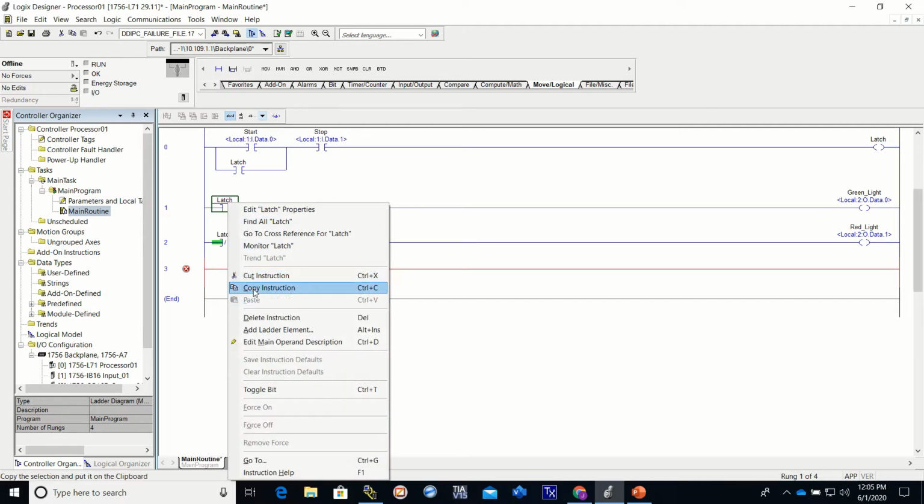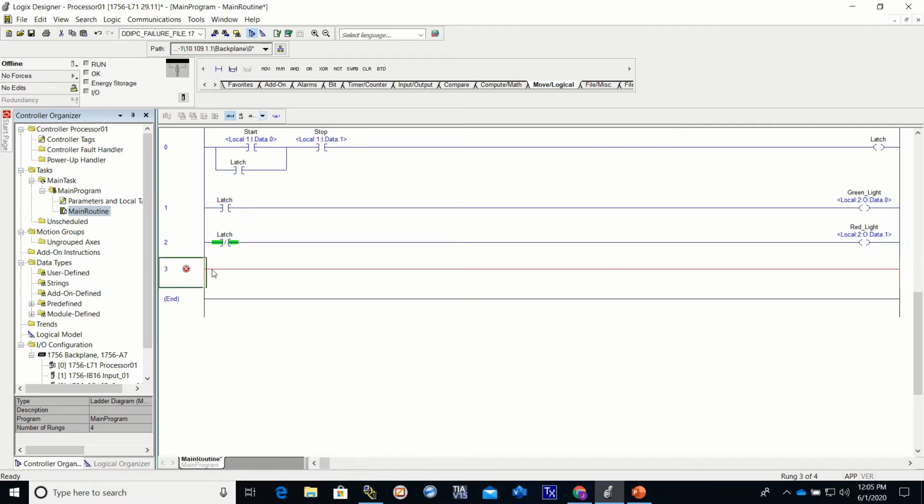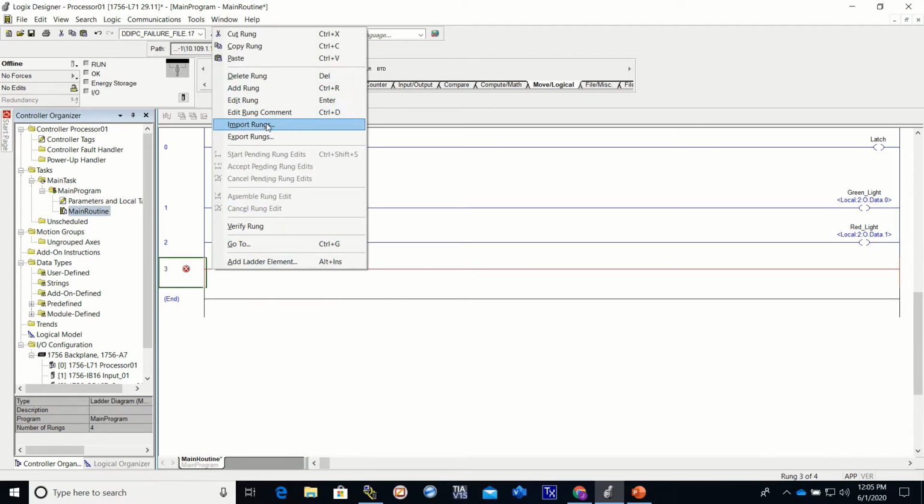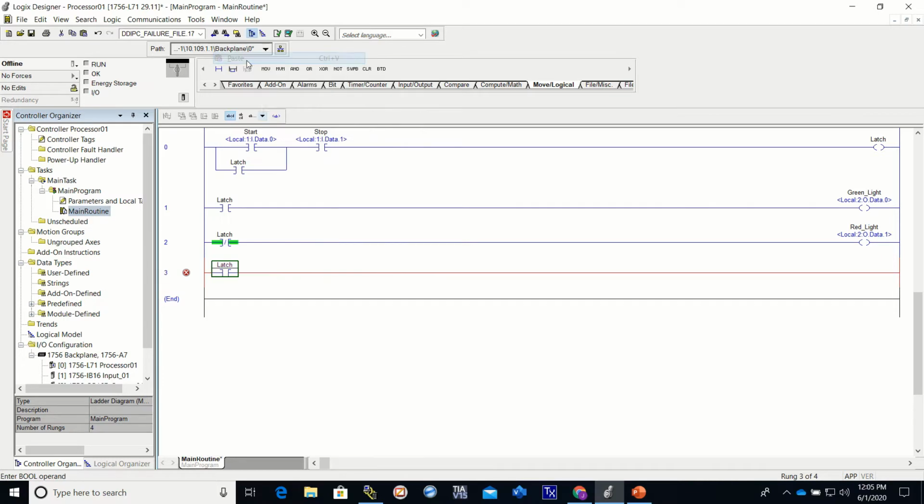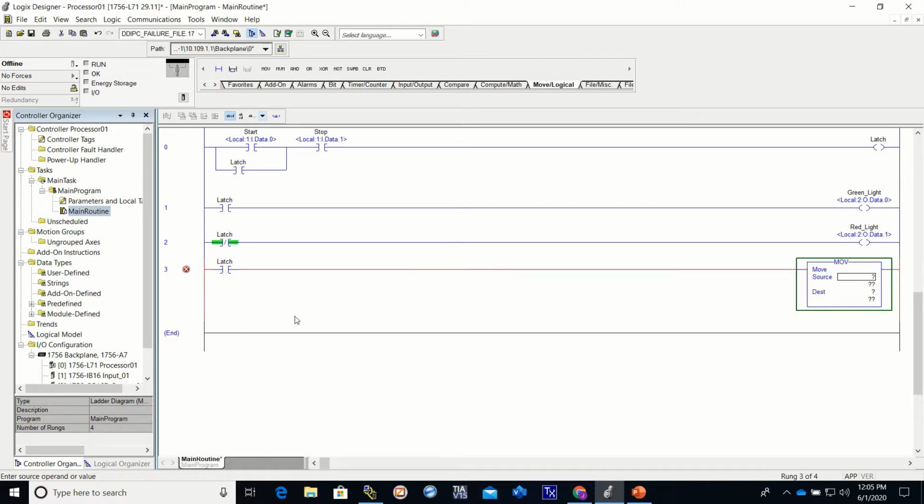I'm going to copy this instruction and paste it. Oh, right there. All right. And then I'm just going to go up here and I'm going to grab a move function. This one right here. All you got to do is bring it down, put it on there. Now,